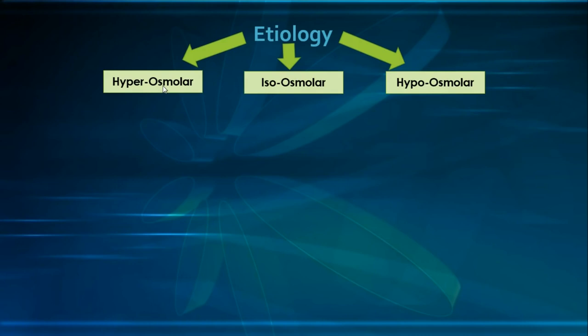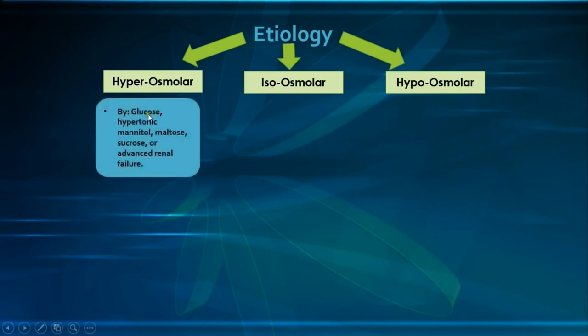In other words, you have osmotically active substances that are drawing water into the blood, causing the hyponatremia, which could be due to any of the following, with the most common, of course, being the severe hyperglycemia, as seen in DKA or hyperosmolar hyperglycemic state. Other causes would be hypertonic mannitol, maltose or sucrose solutions, which are used to deliver the IV immunoglobulin, or an